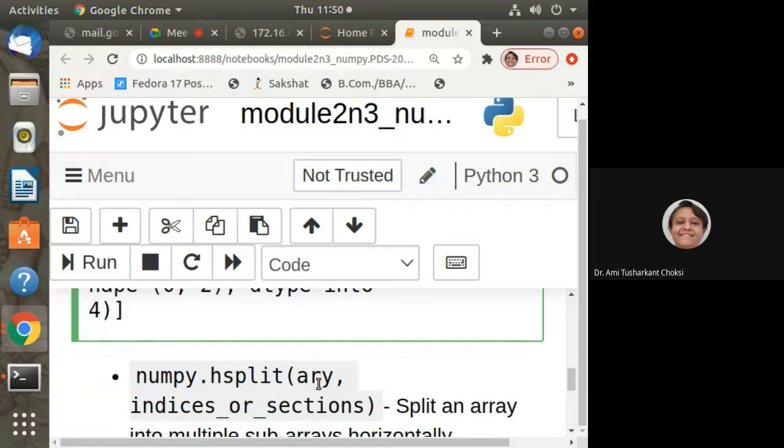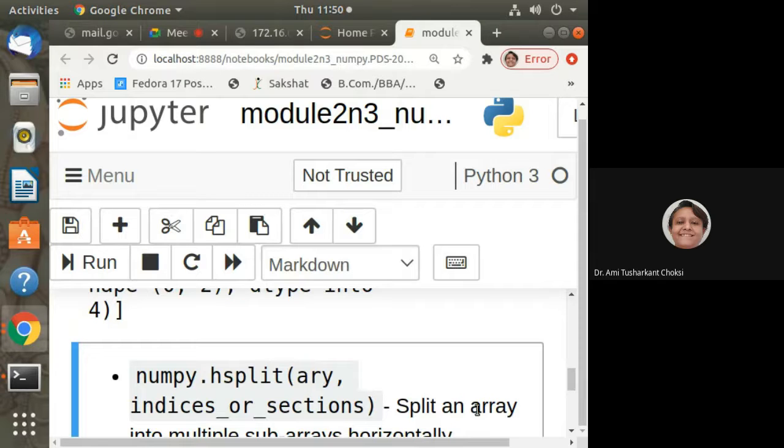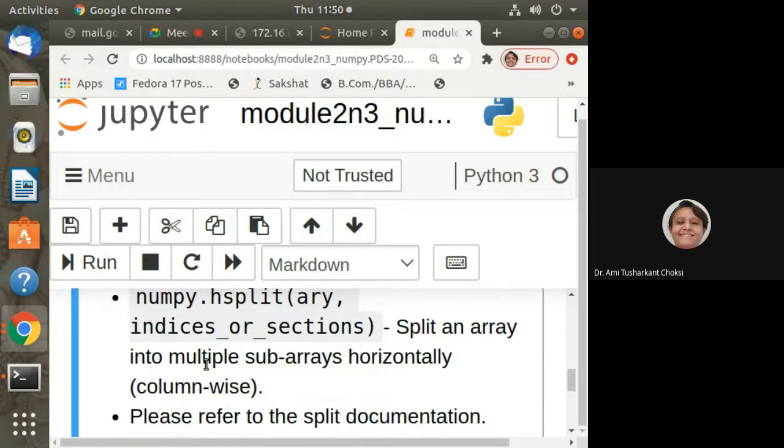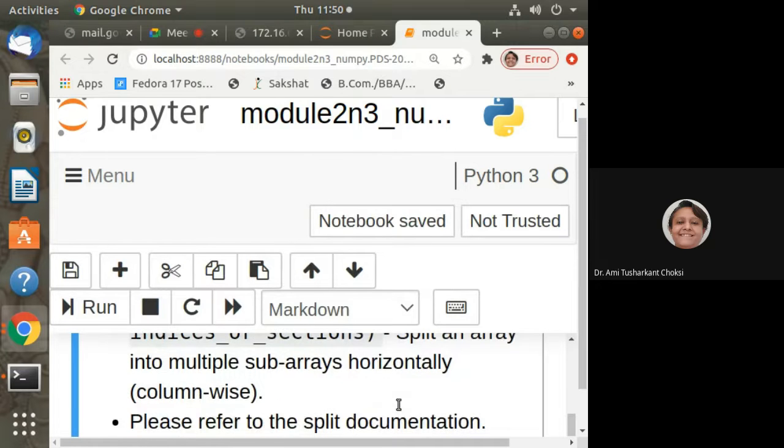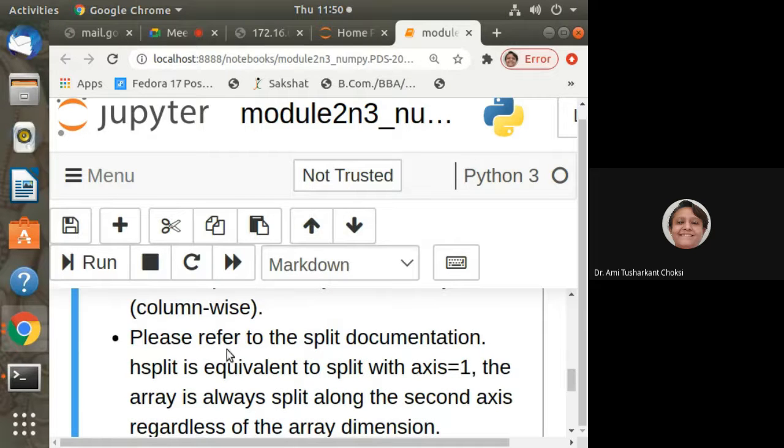You can try for many other examples. This is hsplit, numpy.hsplit, that is split an array into multiple subarrays horizontally, column wise, right? hsplit is equivalent to split with axis is equal to 1.